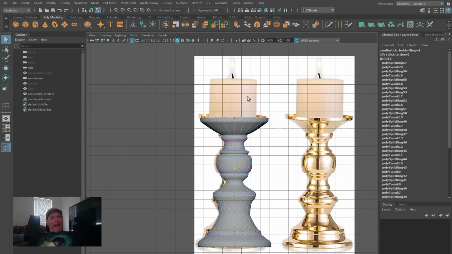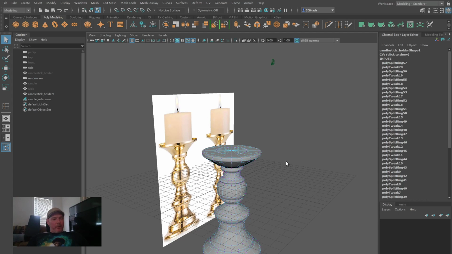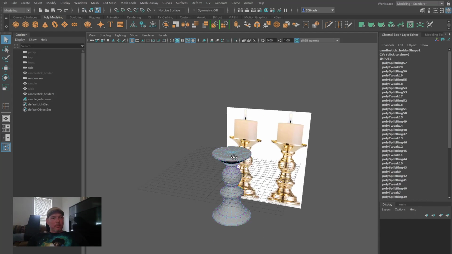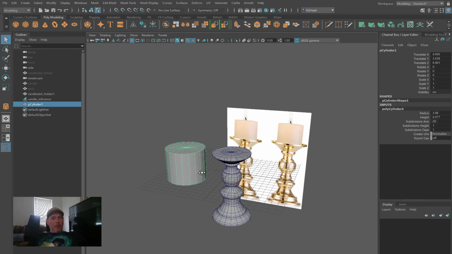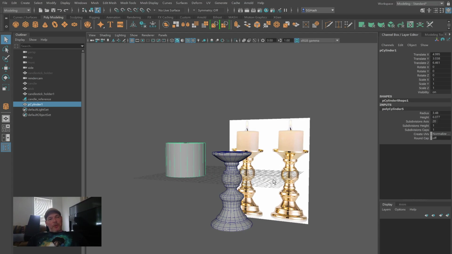All right, let's go ahead and add the candle. You can go back to your perspective if you wish. Make a new cylinder. How many subdivisions do we need? Well, probably not too many, because there's no undulations, there's no weird profile or whatever. So probably subdivisions in height 2 or 3 or 4. This is interesting because, I mean,